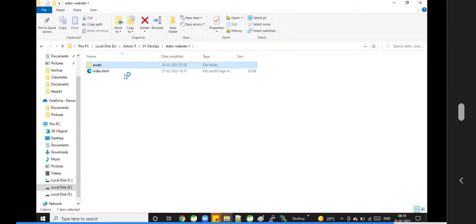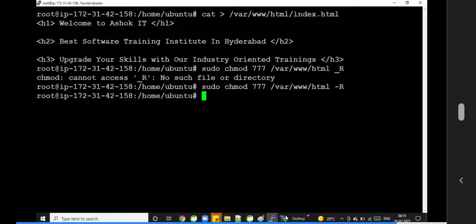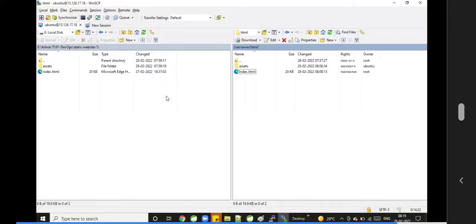I have the static website in my local machine. The static website has an HTML page, and for that HTML we have some assets like images, styles, CSS, JavaScript, and Bootstrap files. In order to run this static website, I need this HTML and the assets. Now the data is available in my Windows machine, but I want to deploy it on the Linux machine. So in order to transfer the data from Windows to Linux,